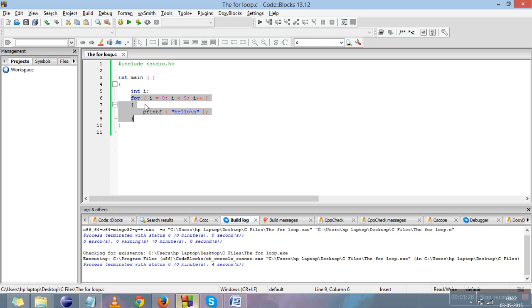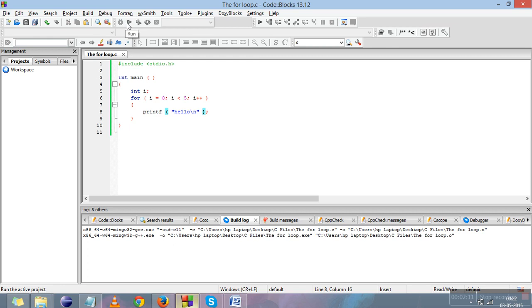Now we'll explain how this loop works. It enters the main function, declares a variable I, then I is equal to 0, then 0 comes over here, 0 less than 5, it's true, so it will print hello. Then it goes to the increment I plus plus, it becomes 1, then it again checks the condition, 1 less than 5, it again prints hello, and it again goes back to the increment, 2, 2 less than 5, then again hello, 3, 3 less than 5, yes it's true, again hello, 4, 4 less than 5, it's true, 5, 5 is less than 5, so it fails, so hello will be printed 5 times.